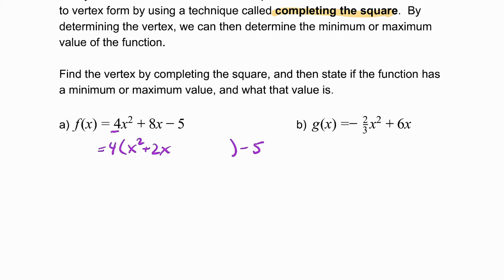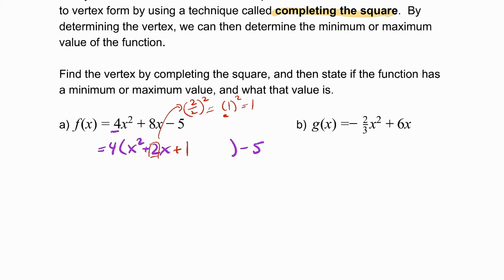So the algorithm or formula to know what we add and subtract is we take our new b value and we divide it by 2, and then we square it. So this is going to be 1 squared, which is 1. So I write this out explicitly because seeing this 1 is going to help us later on. Now, the purpose of us adding 1